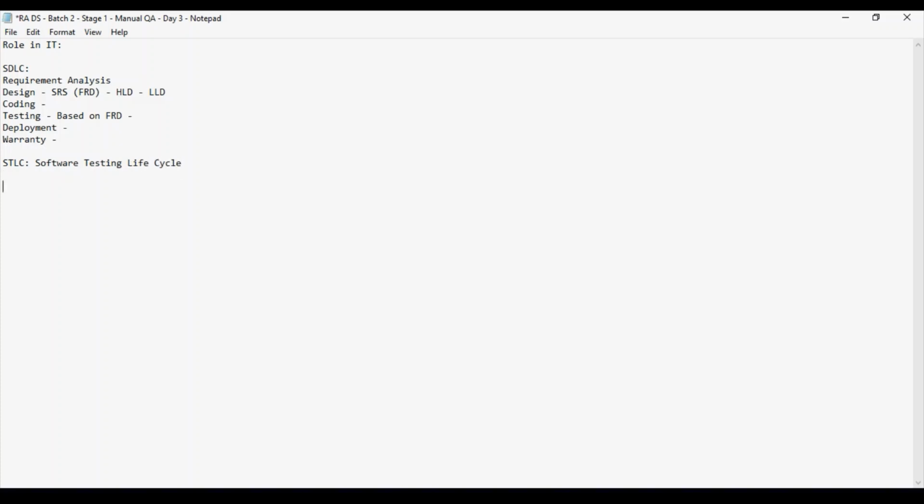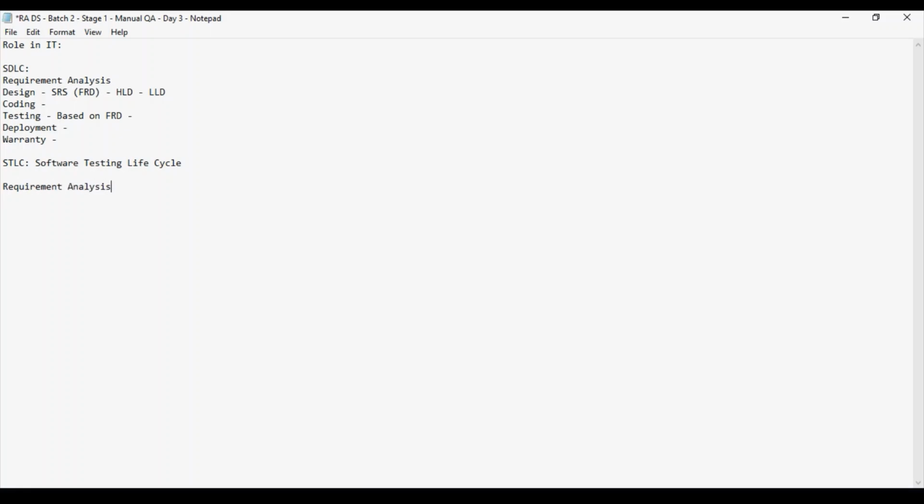Similar to the SDLC, the application development will include the testing also, but the STLC will be very specific to the testing. What will be your activity for each and every phase that we will have in our STLC. Okay, so first we had a discussion that it will be